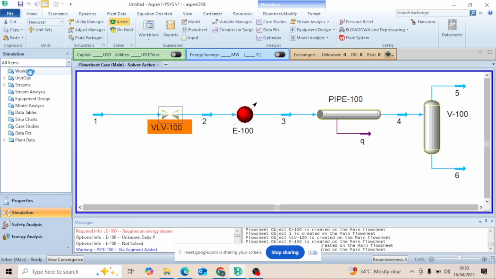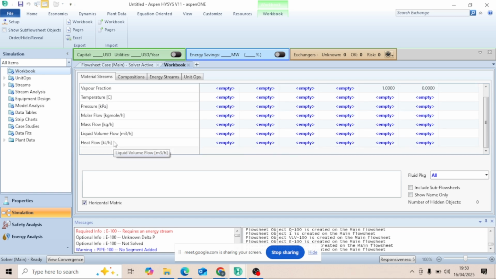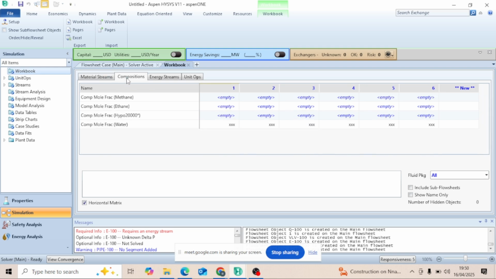But let's go down to the workbook. Your workbook is giving you your entire streams, all the material streams you've added. Your workbook is actually giving you everything. So this is 1, 2, 3, 4, 5, and 6. These are the material streams you've added. Then your specifications: vapor fraction, temperature, pressure, molar flow, mass flow, liquid flow rates. You can get all of them from here. You can see we have the material stream. When you're looking at the composition, okay,